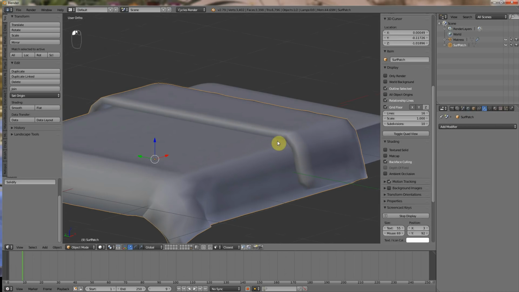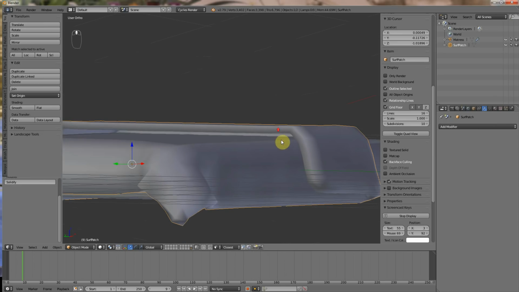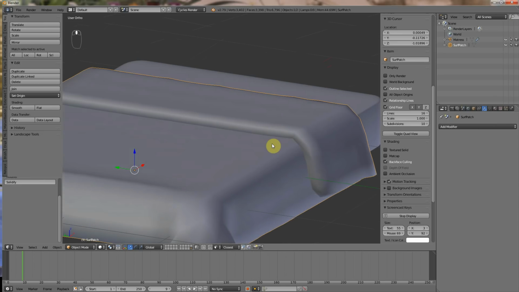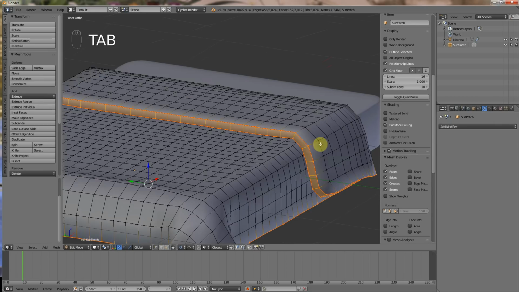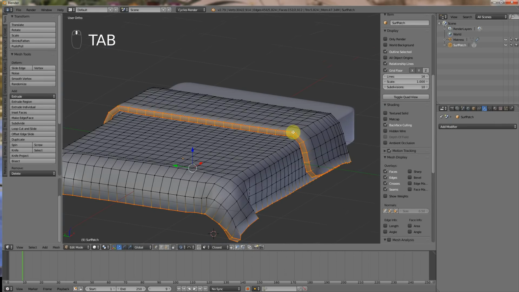Alright, so now we need to fix this gap under here, and that's just something we're going to have to do manually. So let's go into edit mode. Let's go interface select,